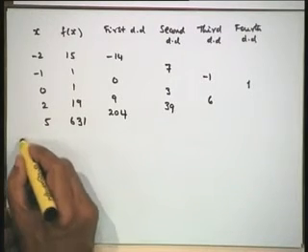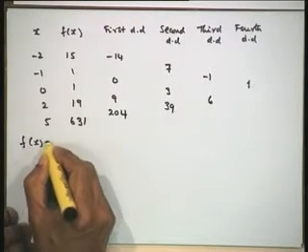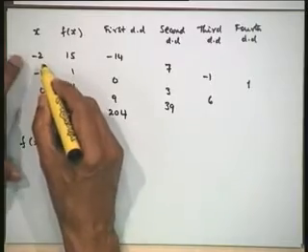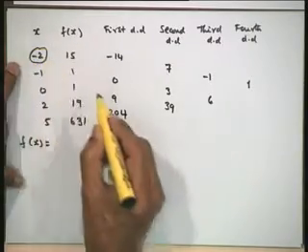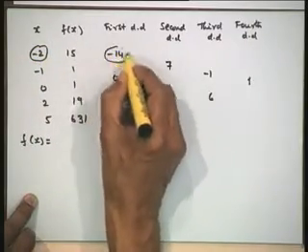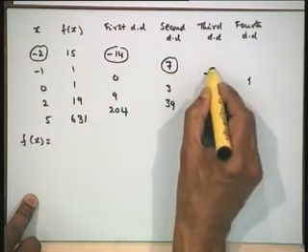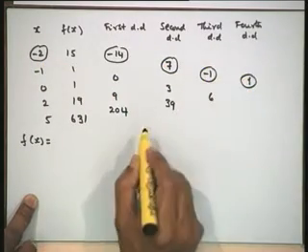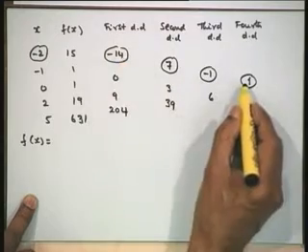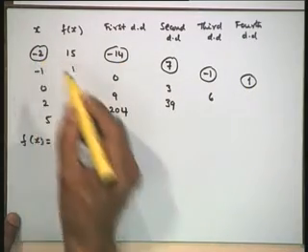Now, I would write down our interpolating polynomial as f x is equal to, here we note that this is our x 0, this is our first divided difference with respect to x 0, this is the second divided difference, third divided difference and fourth divided difference. So, these are the 4 divided differences we shall be using with respect to x naught.